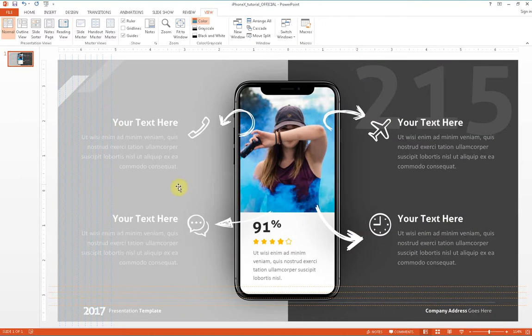Now, as I mentioned, we're not going to make an exact replica, but what we are going to exactly replicate are the fundamental principles that the designer of this slide used to make this slide visually appealing. So let's get started, and let's put a guide right here in the middle. One thing that we notice right away is that the iPhone is right in the center of the slide. And if we keep putting grids, patterns start to emerge. For example, if we put a guide right here,